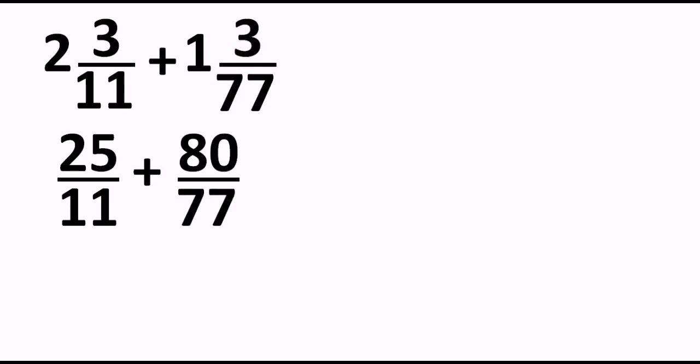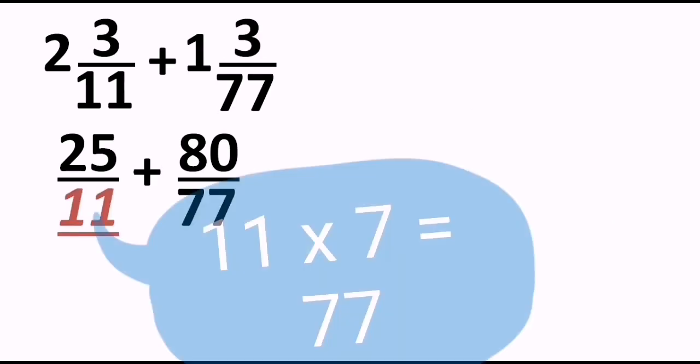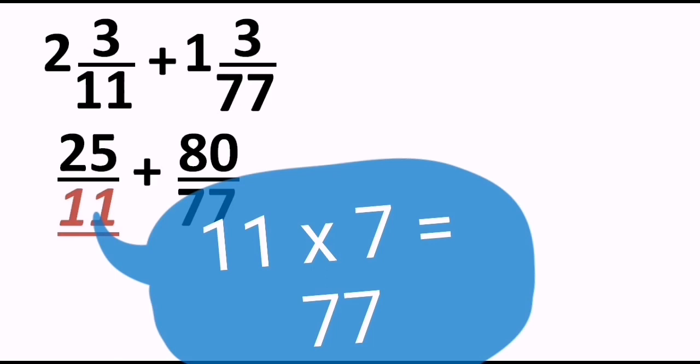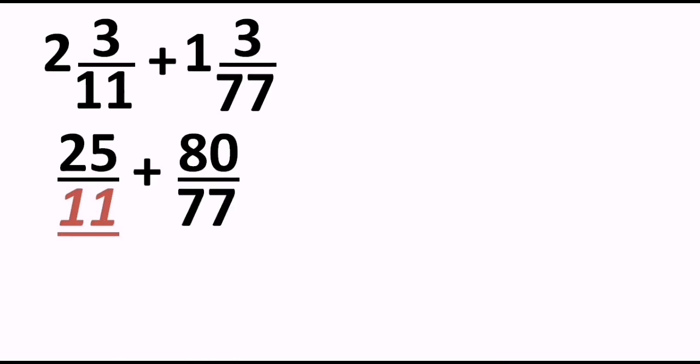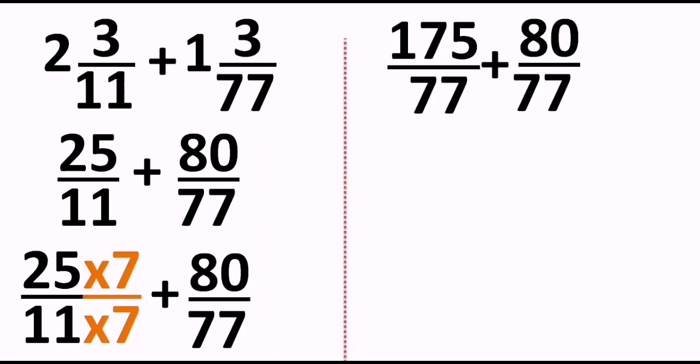Now here, as we have converted them into improper fractions, now we will follow the usual methods. We will check the smaller denominator first. The smaller denominator is 11 over here. Okay, in 11's table, do we get 77? Yes, 11 sevens are 77, and that will be very helpful for us because we will change only the first numerator and denominator. I mean to say the first fraction, correct? And for that I will multiply that first fraction by 7. And the remaining part will remain as it is. So 25 into 7 upon 11 into 7, that gives me the result 175 upon 77 plus 80 upon 77.